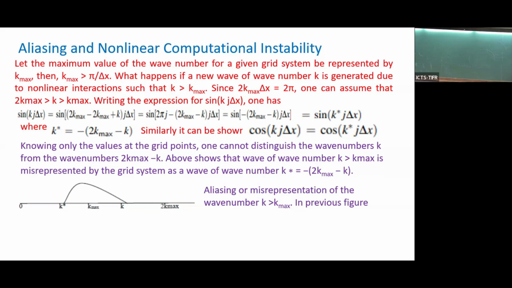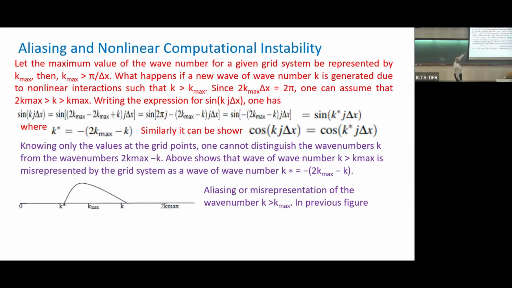So the corresponding wavelength of this will be less than 2 delta x. So I take a value of K between K max and 2 K max. So here K max is equal to pi by delta x. So 2 K max is equal to, so let's calculate. So we will consider a K which is between K max and 2 K max. Clearly this is a wave which cannot be resolved in the grid having a grid size delta x. What's really happening? So if you calculate